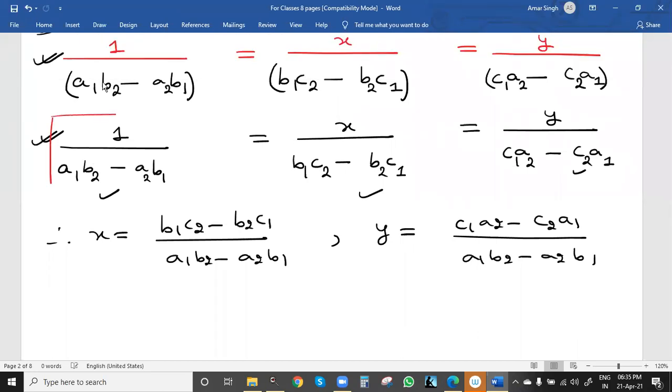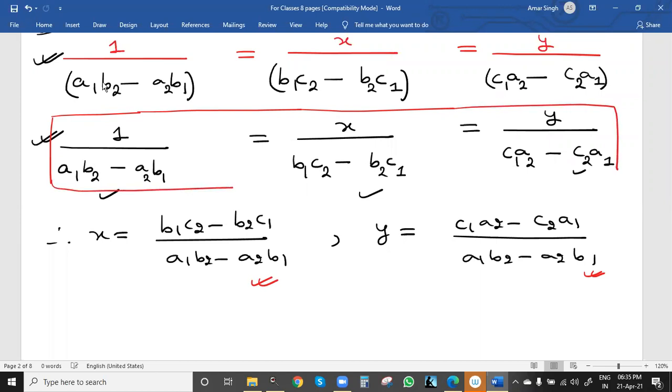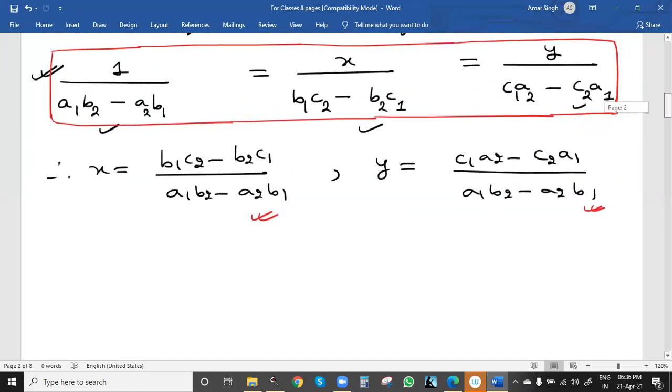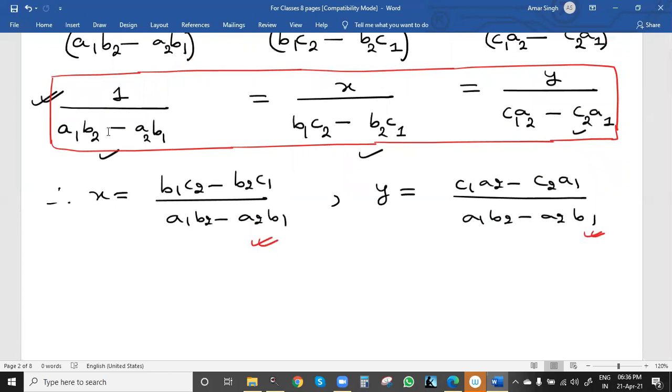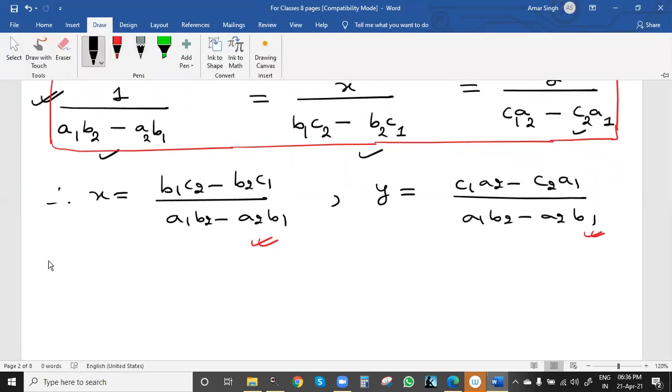Now understand the formula. In your textbook these formulas are given, but I will prefer to use this one, because we don't have to remember any value. Right? So anyone having any doubt? In the cross multiplication method we have seen the formula. Now we'll see how we can apply it in solving this particular question. Let me solve, and then once again, if you have any doubt, you can ask me.